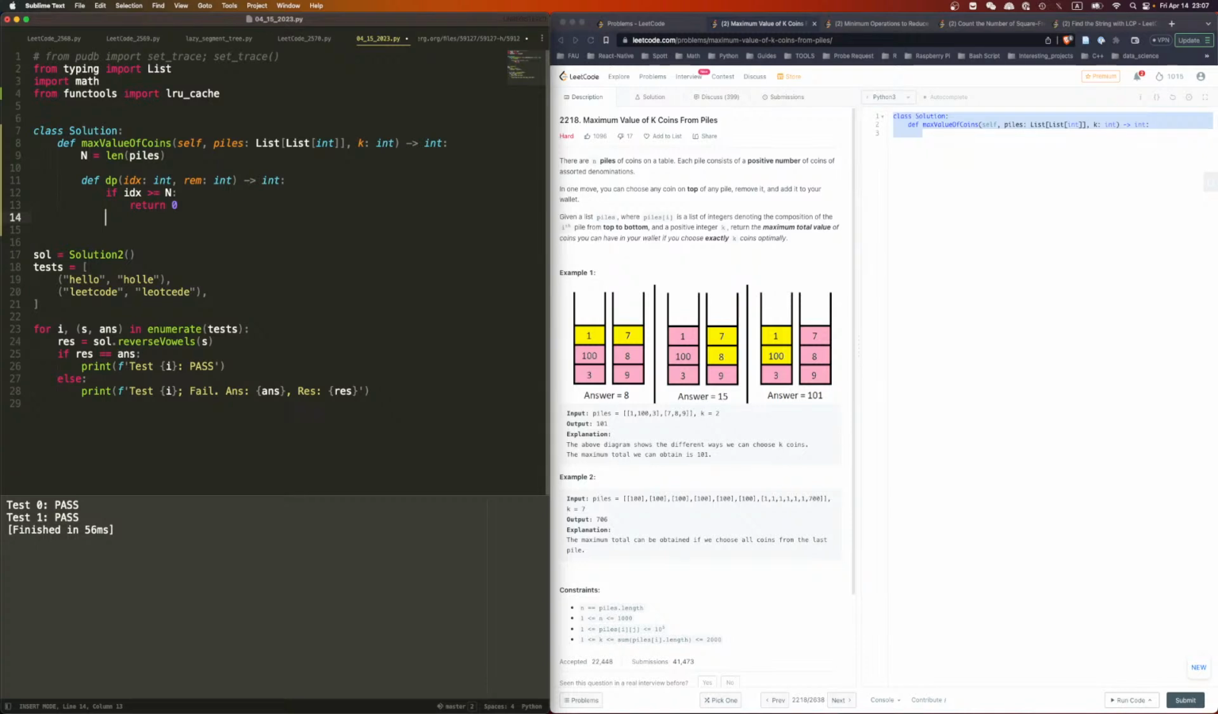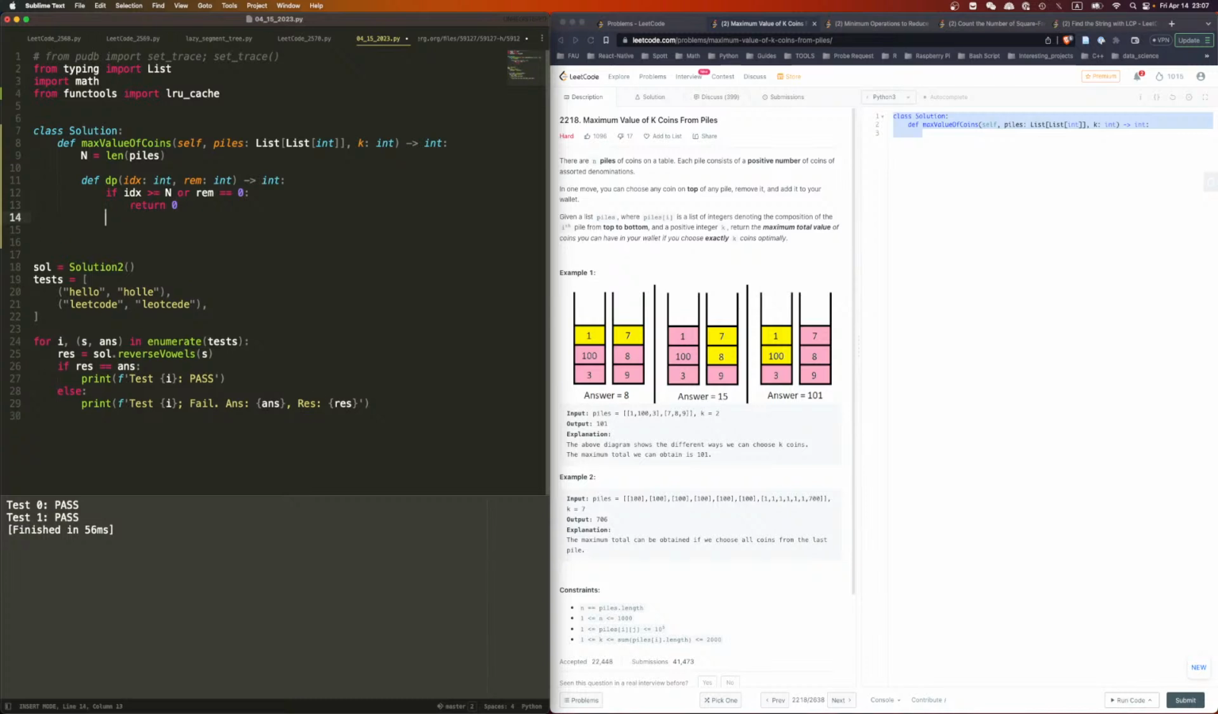And how about the remaining, right? If remaining is equal to 0, then we have no remain, so we return 0. Otherwise, we can say, okay, we want to find from this index of piles to the end with rem number of coins left, what's the maximum we can get? Now, what we can do is